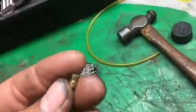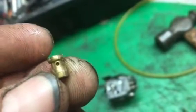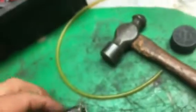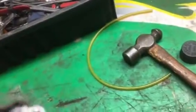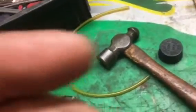You can see that's the check valve. There's the hole it was in. And this is the check valve out of the carburetor. See, it's got a hole in the side of it. Well, the hole in the side of that goes to a hole in the side of this hole. And the way you check this thing,